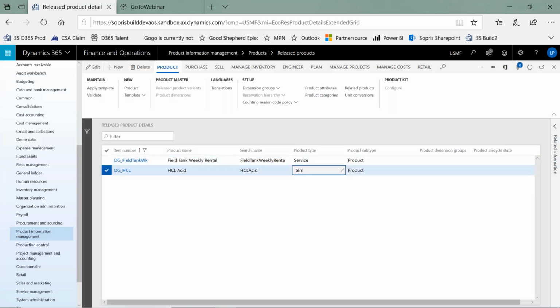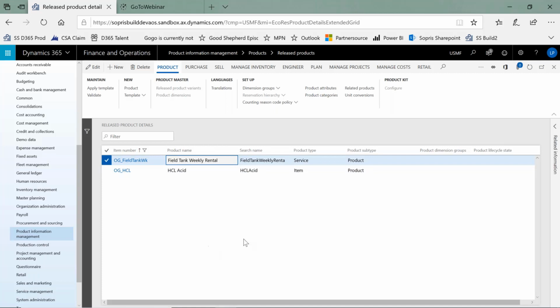The other item is an actual product itself. So an actual product itself, obviously we may buy the product, we may sell the product, we may warehouse the product, however that might be in the system itself. When I've set up that, for example, field tank weekly rental or our HCl acid,